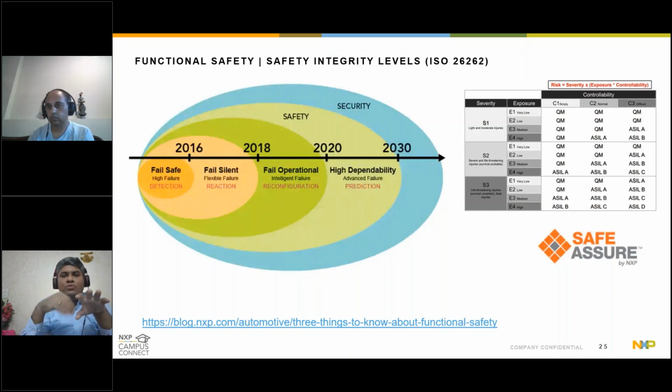But what happens while the vehicle is working and flying at very high speed, and something in the electronics inside the car goes wrong? Can it compromise the safety of the passengers and the people around? And what happens in that spur of the moment? Can we make it still operational? Can we make it fail operational? Right? And can we actually make it highly dependable, by saying that even if a failure occurs, my device will still continue to run?